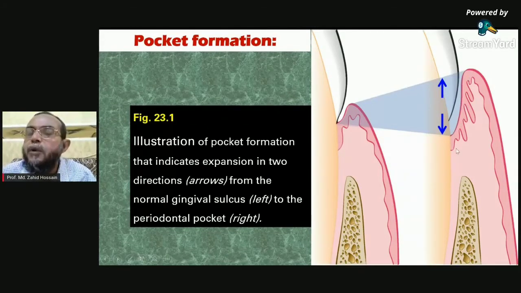So apically it will deepen more and more, then it will start to go up to the bone and destroy the bone, and gradually it will detach the periodontal ligament, with cementum loss, and then attachment loss. We call it clinical attachment loss. So it goes both ways. Sometimes the gingiva can be enlarged along with the pocket formation and the tissue loss, and gradually it will go towards the root.